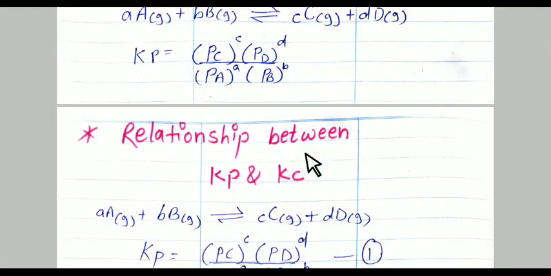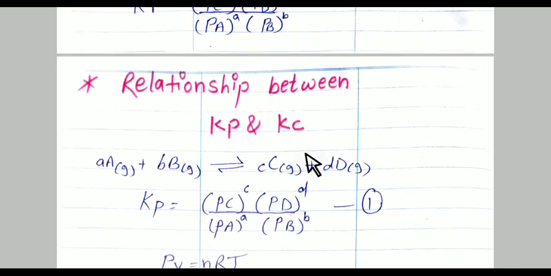Now the next topic is the relationship between Kp and Kc. Now you understand what Kp and Kc are. We are going to relate Kc and Kp. Here we are using a gas phase equation. All the reactants and products are in the same phase. If all the reactants and products are in the same phase, it means that the reaction is a homogeneous reaction. Now apply the formula of equilibrium constant at partial pressure, meaning Kp.